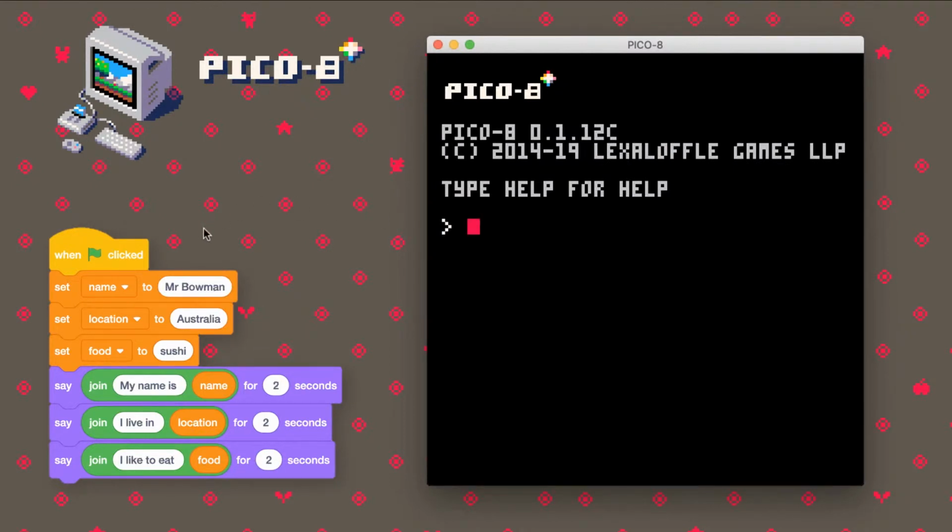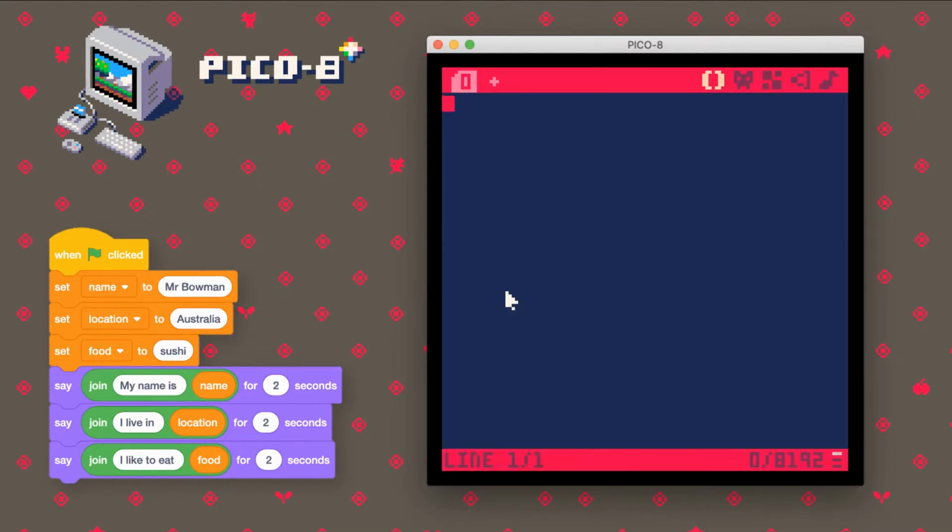All right, let's have a look at how we achieve our previous Scratch code in Pico-8. I've got our previous code over here so we can keep comparing back to it as we're working through. Now, the first thing we need to do in Pico-8 is press Escape to go into the editor. And in the editor, we are first introduced to the actual coding space, and I can add a comment here